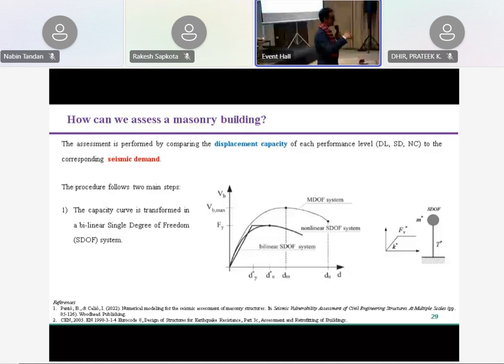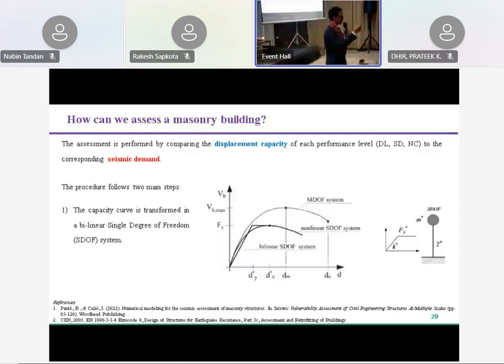are the capacity of the structure at each level. Then we need to compare with the seismic demand. I will leave this because I don't have time. Basically here, what we do, the basic assumption is to